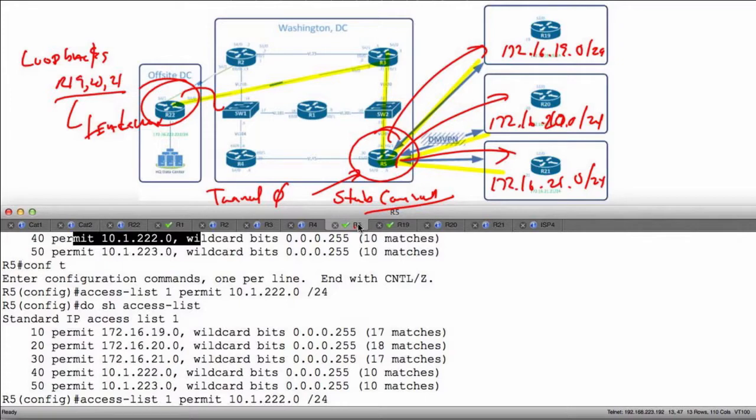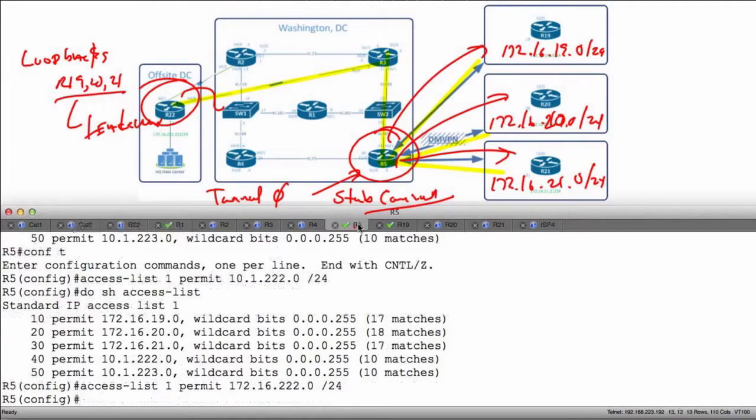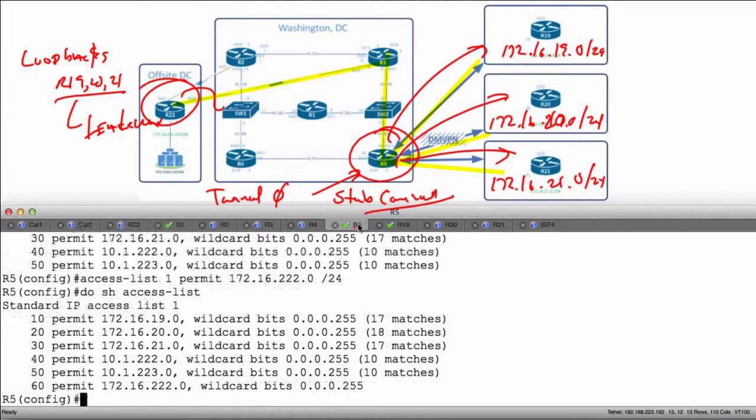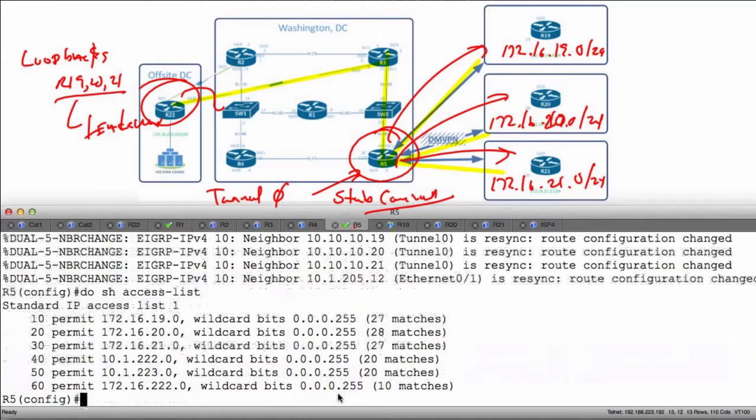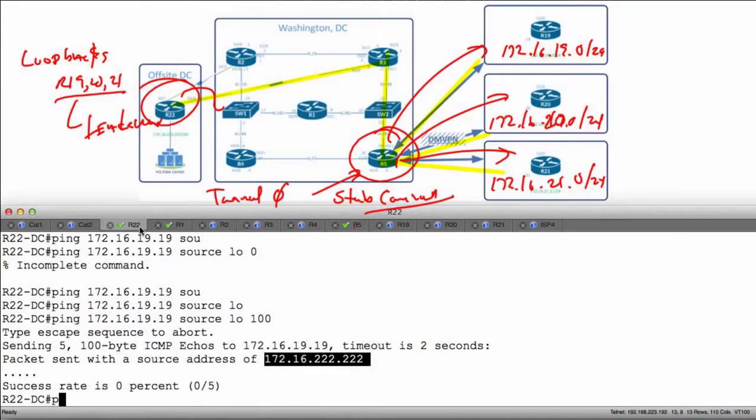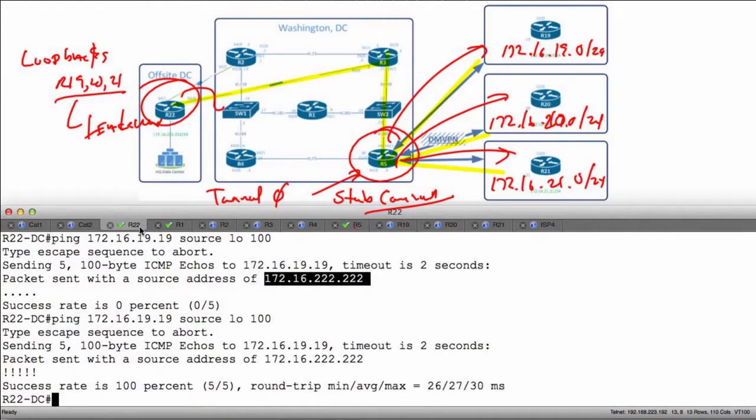Oh, I did 10 again, so I need 172. 172.16.222. Do show access-list. There's the entry. It will ultimately recycle. There it is. And now, if I do my show access list, I can see I have matches for this one. So now if I go over to R22 and do my ping, sourcing it from loopback 0, now I